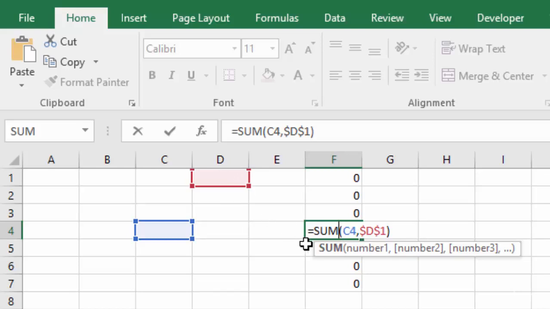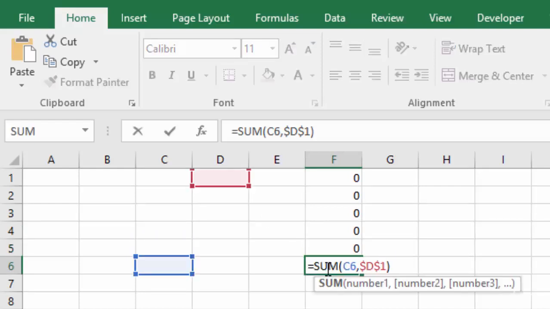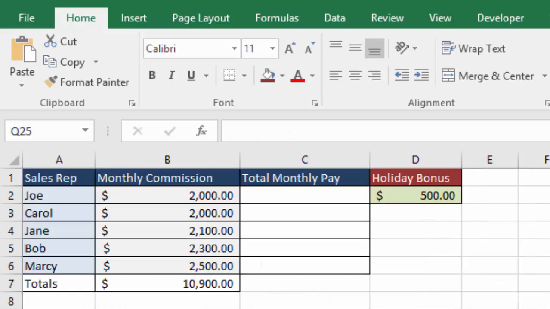Now you might be following along and thinking, okay, well that's neat, but what's that going to do for me? When can I use that? And I'm so glad you're thinking that because I have a perfect example for you. So in this very simple spreadsheet, which we're going to be using quite a bit and building out throughout subsequent sections of this course, we have some sales reps, we have their monthly commissions, some dollar figures in here,